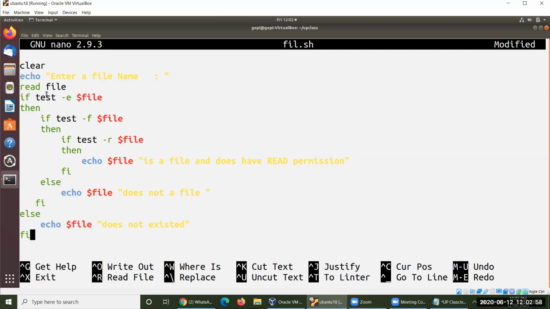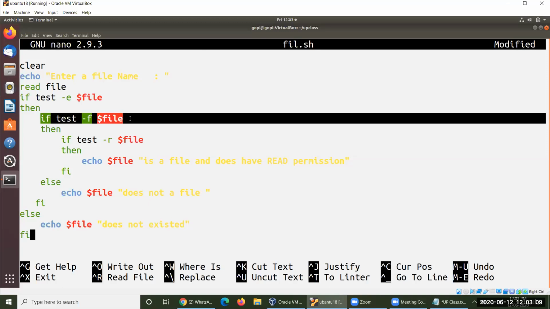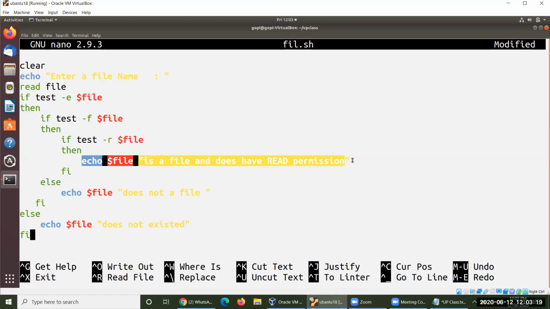I have checked whether the file exists within the present working directory or not. If it exists, then I go for whether it is a file or not. So confirm that yes, it is a file. Then does it have read permission or not? If it has read permission, I'll immediately display that yes, read permission only. After displaying this, I'll come out from the loop immediately.